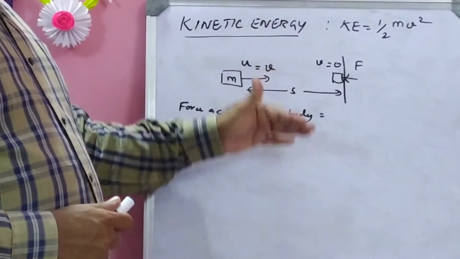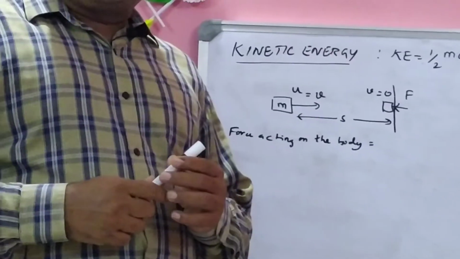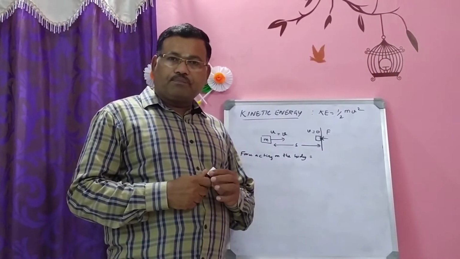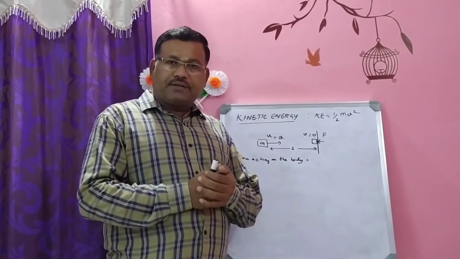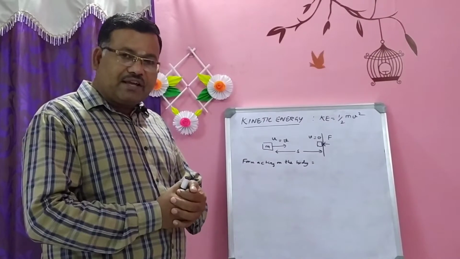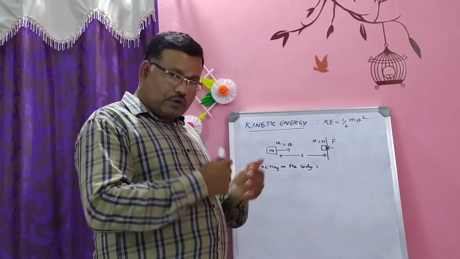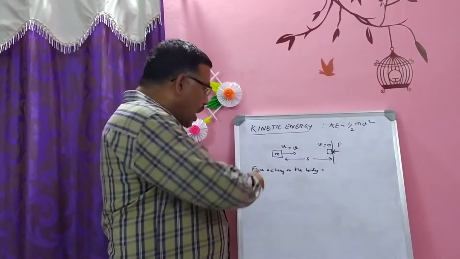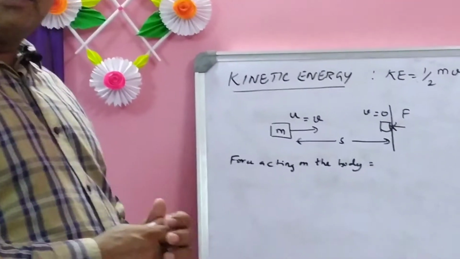So how to find the kinetic energy expression? You already know work done is equal to energy spent by the body, by a man or machine or anything. Here work done is equal to kinetic energy. So if you derive the expression for work done, you will get the expression for kinetic energy. In the last step you will see how to derive the work done by the body. First, calculate the force acting on the body to stop it.